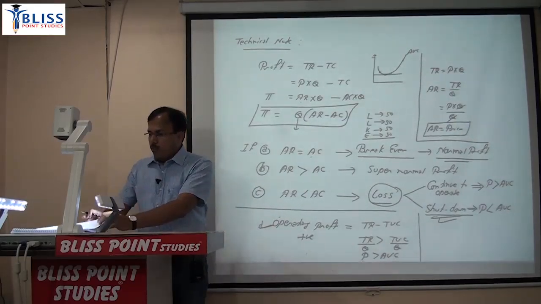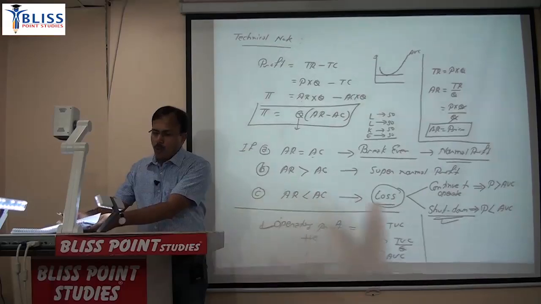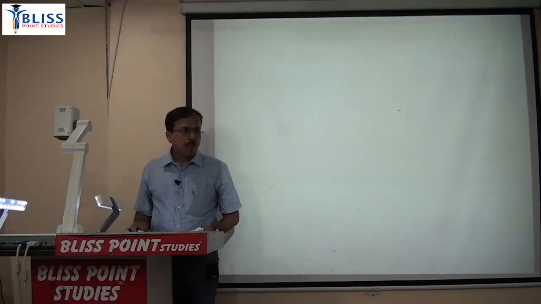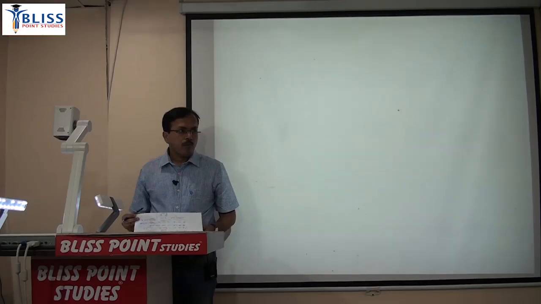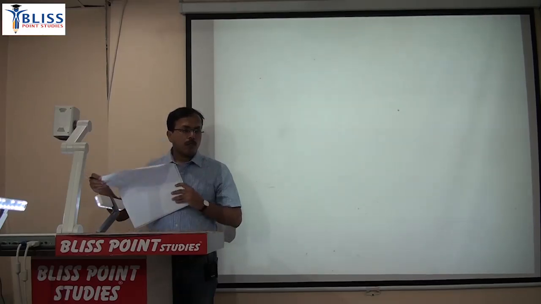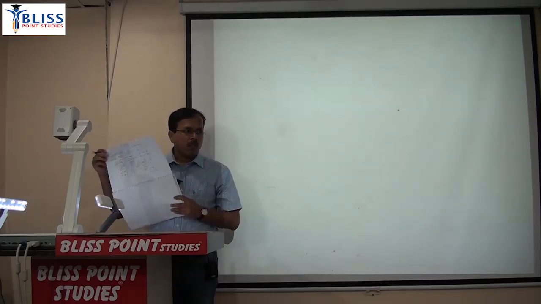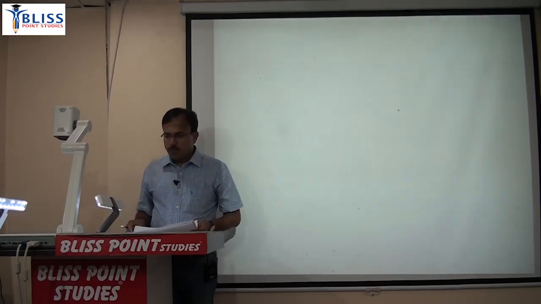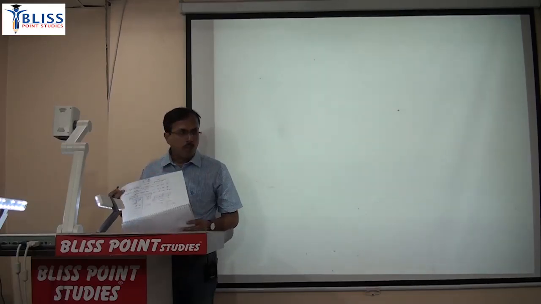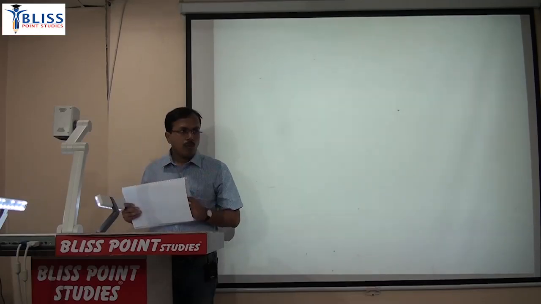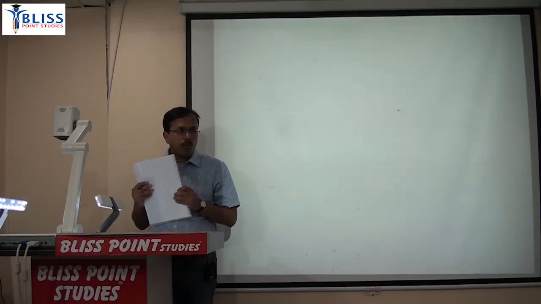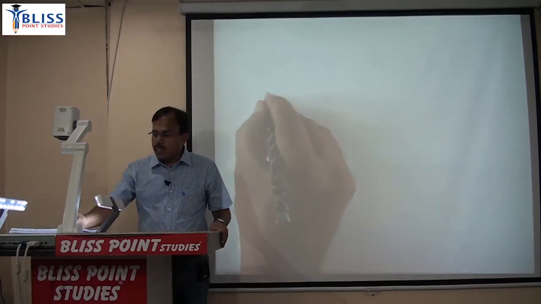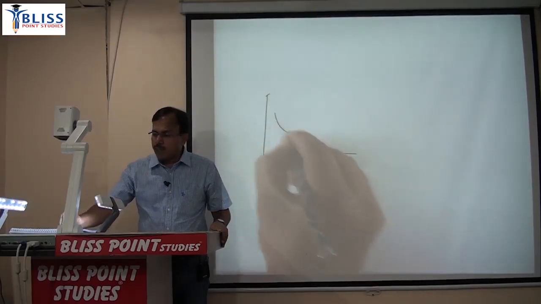Now if you have to answer this question, just write down a few parts. At the price greater than the shutdown price, can the firm shut down? Price greater than average variable cost. If price is greater than shutdown price, then also the firm can shut down. Why? Because that means it's equal to AVC, and AVC can be greater than the zero value. If this average variable cost is given,